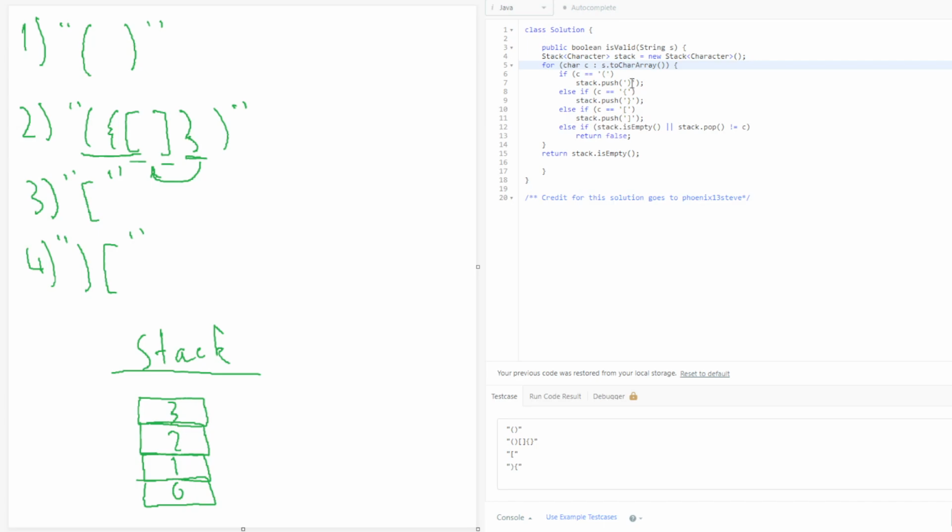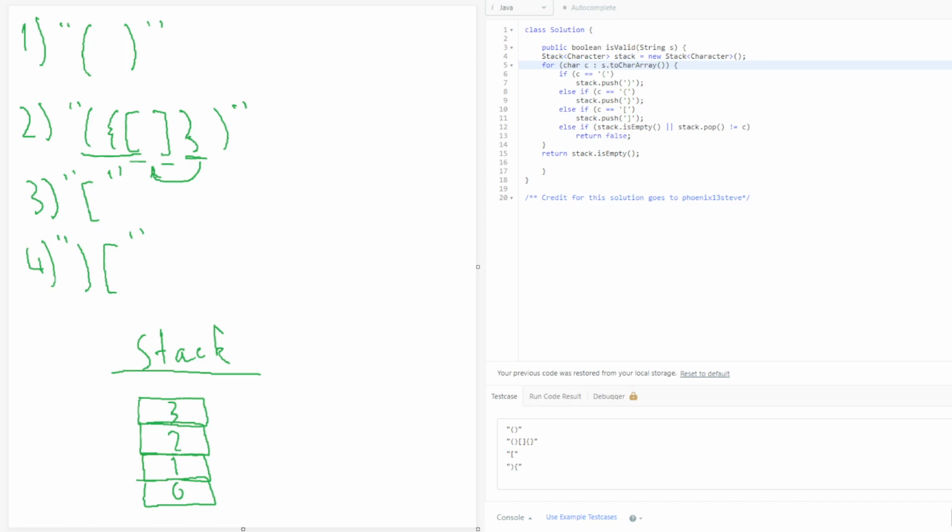So for all opening ones, we push the corresponding closing one. If we don't see an opening one, then we check to see if the stack is empty. And if the stack is empty, that means that an opening parenthesis or an opening bracket of some kind has not been placed there. So that means we should return false,